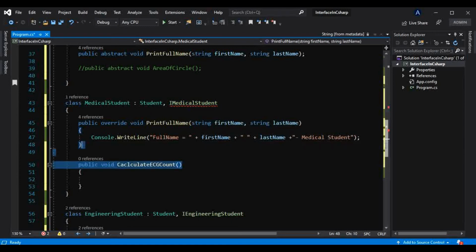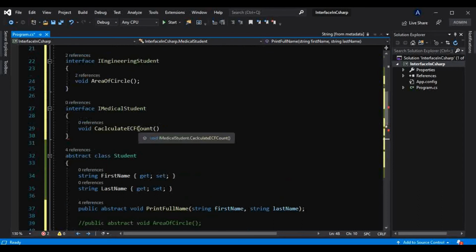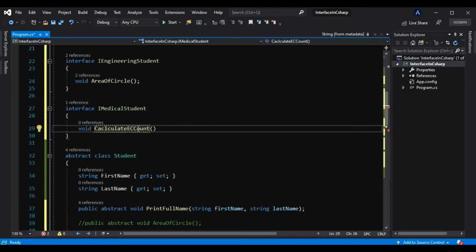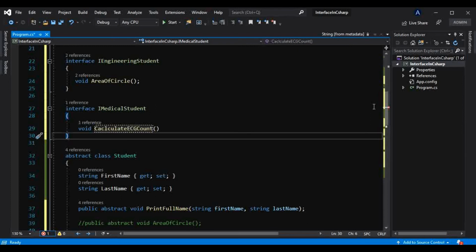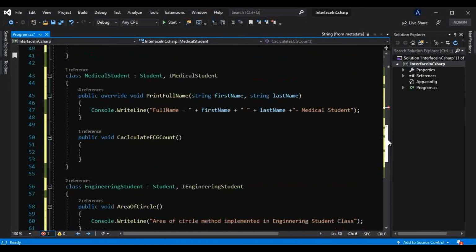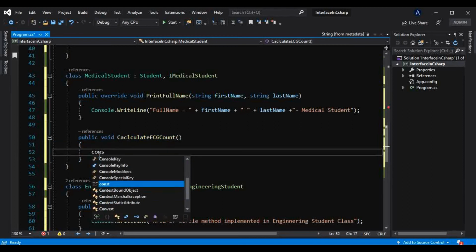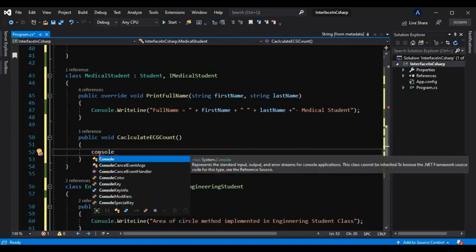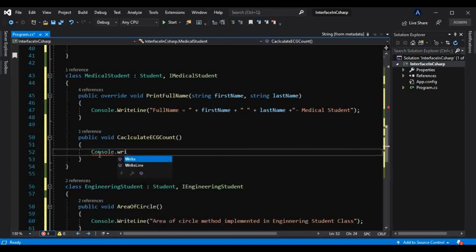okay, so I have to make that correction. It is F only that is printed, it should be G. Okay, so now it is good. We are making this class inherit from this I medical student interface, and that's how we are providing that implementation. So we will take one simple message again. We are not going to actually implement that method because I am not a medical guy, so I don't know how that ECG count works, but my job is only to tell you how this interface works.